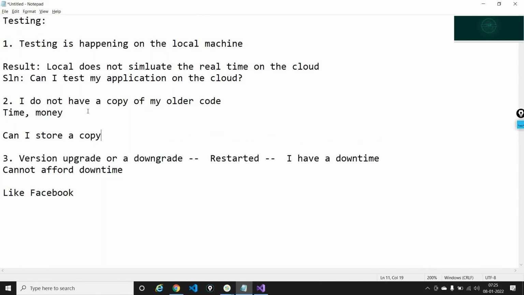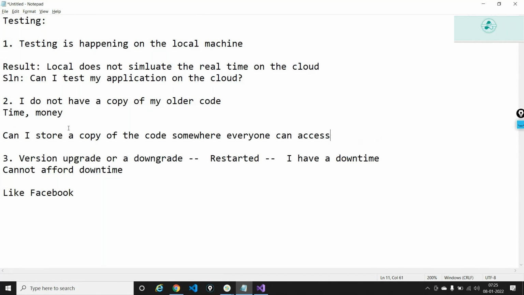So can I store a copy of the code somewhere accessible, somewhere everyone can access? In the version upgrades, as I'm facebook.com right now, I cannot afford downtime. So can I achieve a zero downtime deployment?